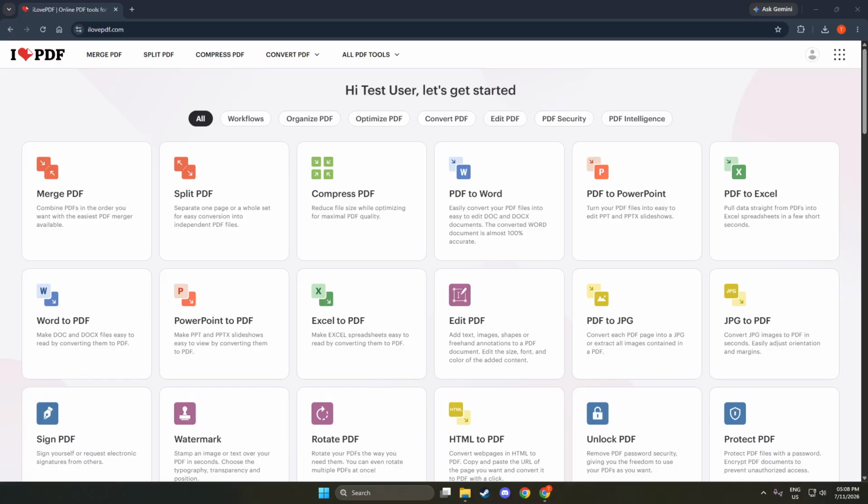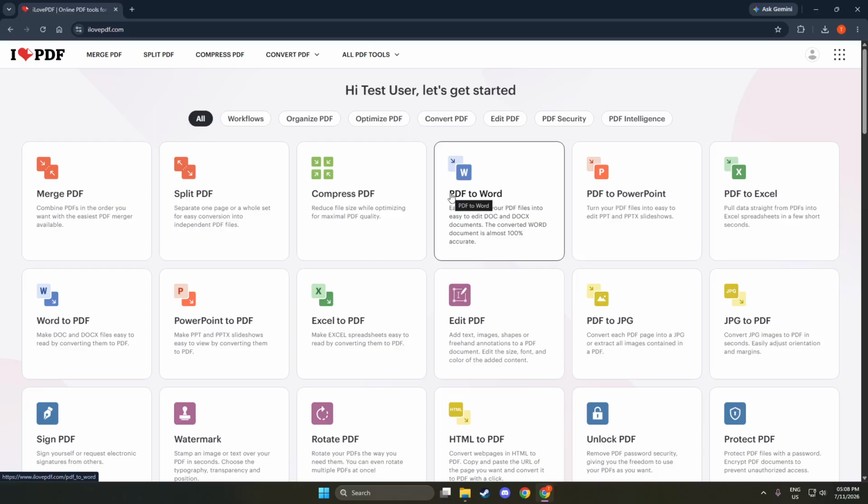Once the page loads, you will be greeted with a clean and user-friendly interface. This initial step is essential because it sets the stage for everything that follows. You want to ensure you are on the official site to avoid any issues. Take a moment to familiarize yourself with the layout, as it will help you navigate more easily through the conversion